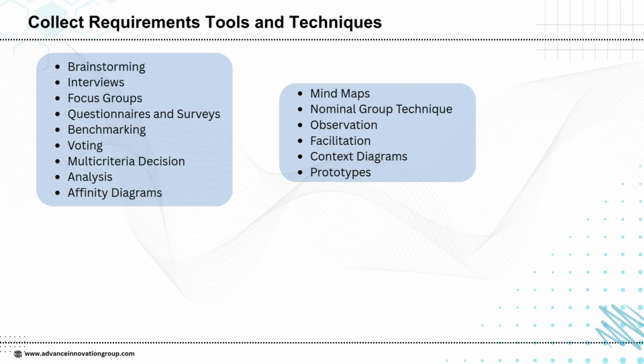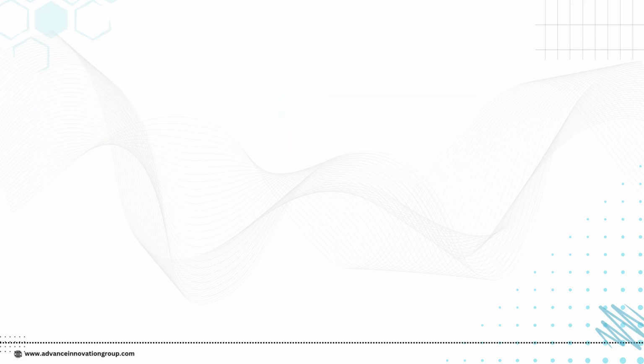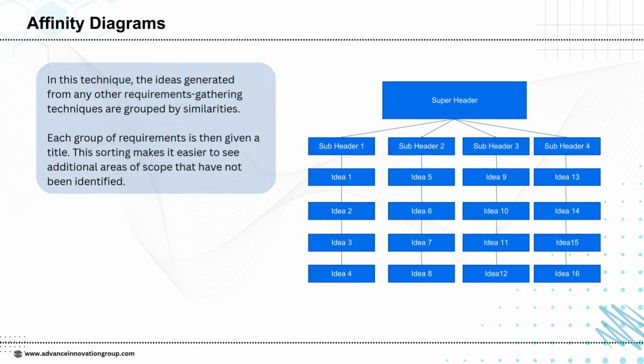Facilitation and nominal group techniques ensure that everyone's input is heard in a structured way, while affinity diagrams are a technique used to organize ideas that are generated from other requirement gathering methods. The main purpose is to group similar ideas together so that patterns and connections can be identified. Once the ideas are grouped, each group is given a title or a subheader, which makes it easier to understand